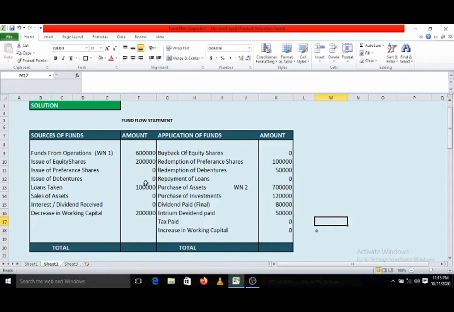Wherever any blank is left, it has already become zero, because I had made everything zero earlier. So this is a dash. You can follow the entire format, but even if you don't follow the format, if you write only as many items as are relevant, that is also okay. But as I am using this Excel, that's why I am following the entire format. So the simple thing now is we have to take the total of all these items. We have to check whether the totals match each other or not.